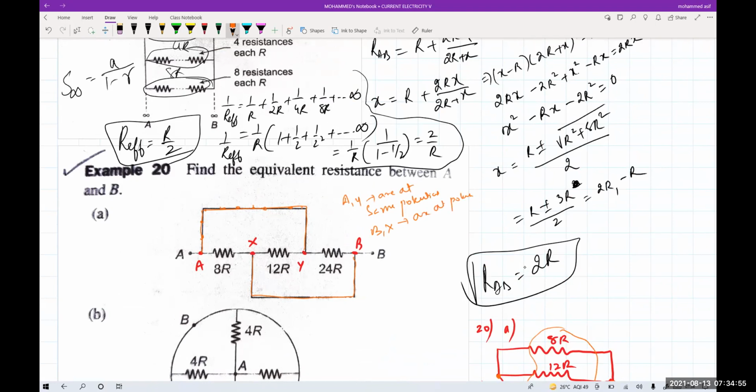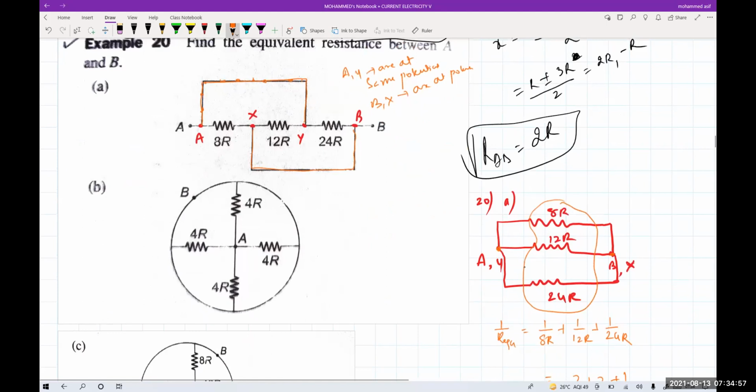So I'm drawing the new diagram, again keeping the same points at one point. In this problem you will get clarity. So this is point A. Now give the points which are connected by the wire. This point B, this resistance is also connected by the same wire, and this is also connected by the same wire, because this is point B here. Anywhere you take, the point is B only, because this is completely a wire. Is it clear?